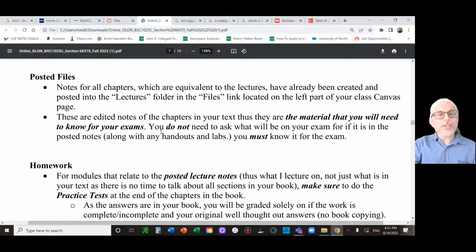If it's in the PowerPoint, that's what you need to know. Anything extra that you see in the chapters, that's where I'll get my extra credit from. So buy the book. You need the book for 2 reasons. 1, extra credit is going to come from the extra stuff in your chapters and the homework, which I'm getting to momentarily. That's in your textbook as well. But what do you need to know in the exam? If it's in those lecture notes, you need to know it. It's that simple.